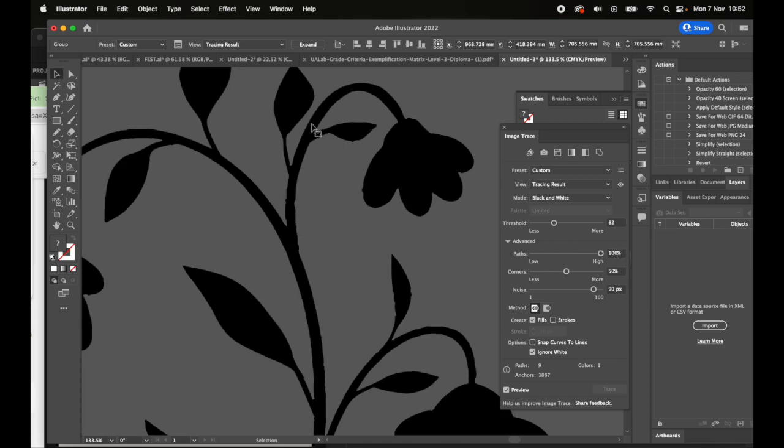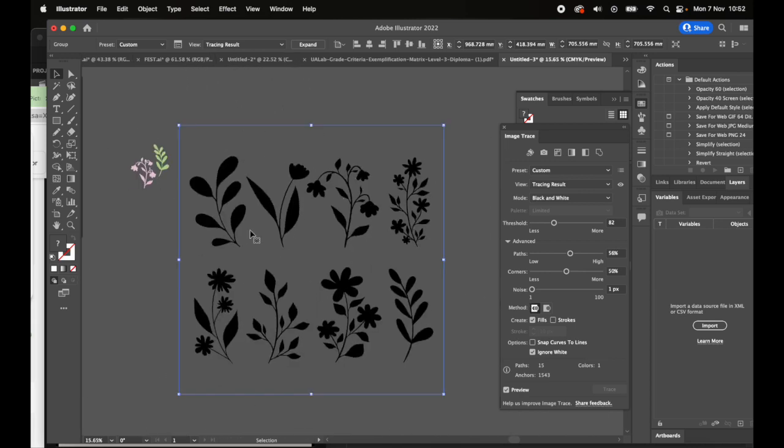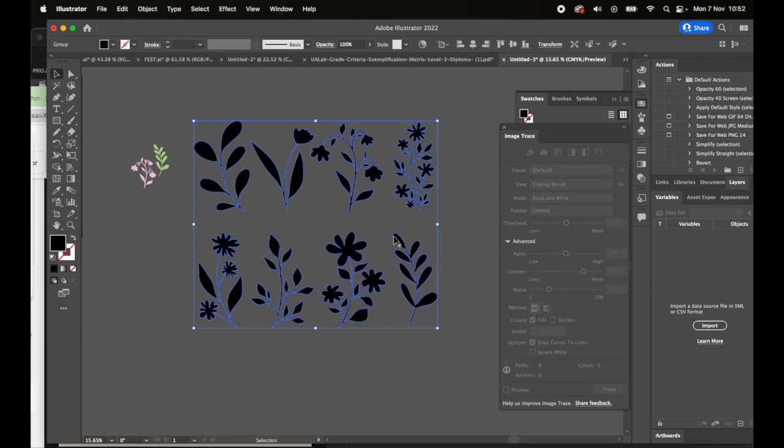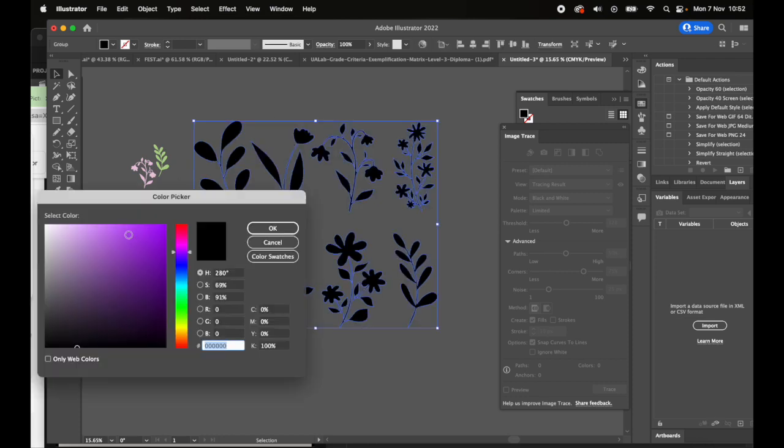To bring in some detail, if you click Advanced and change your paths really high, you'll get a higher level of detail on the image. Also changing the noise will give you that detail too. So if you just play about with those settings till you're happy with what you've done, once you're happy you can then obviously go to Expand at the top of the screen, and then what that will do is it'll create it to the vector